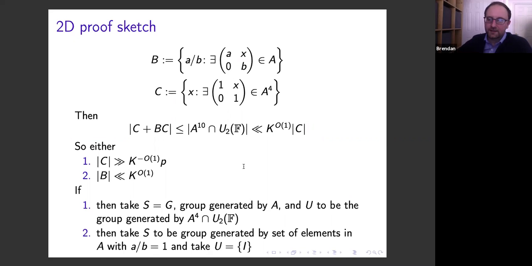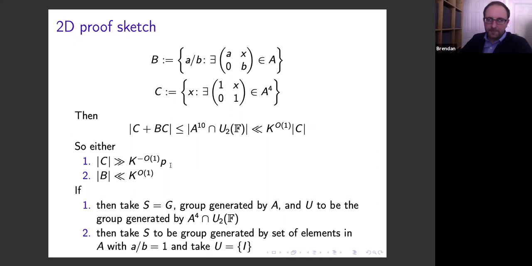unipotent subgroup. So in that case, we'll let S be the group generated by G, and we'll let U be the group generated by this fourfold product. And if you take the quotient S modulo U, then the quotient will be abelian because all of the commutators of the generating set of S are contained in the kernel of that map. Okay, so if we have the other conclusion where there's few ratios,